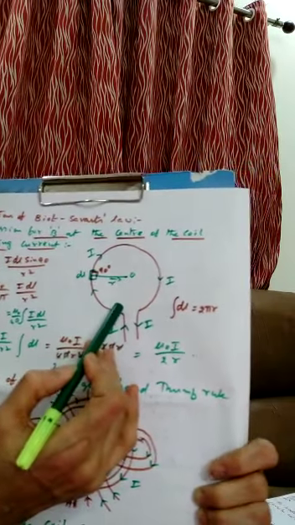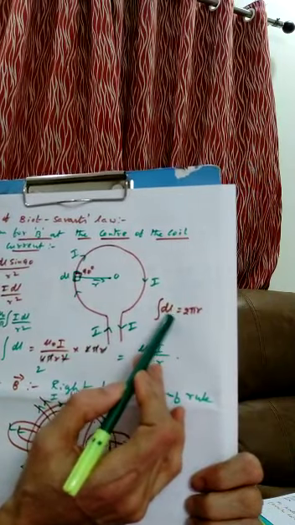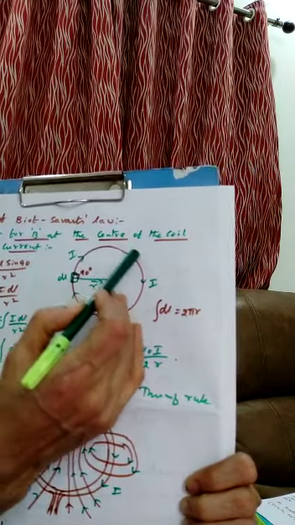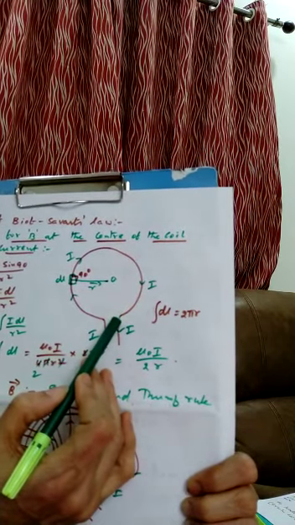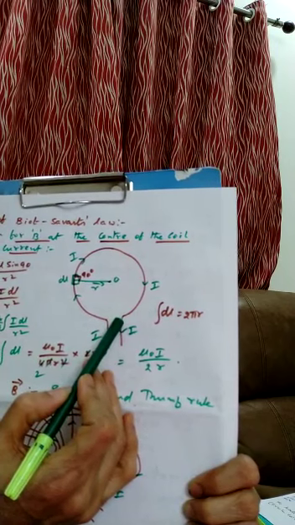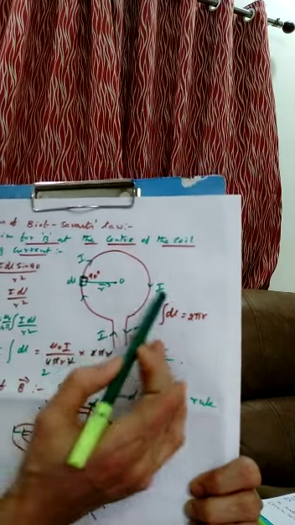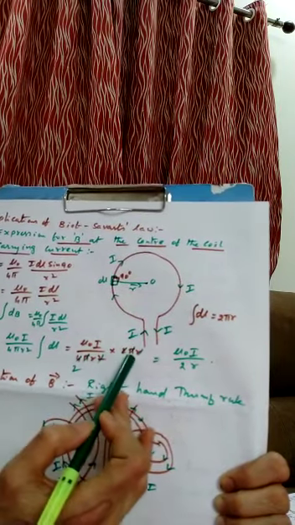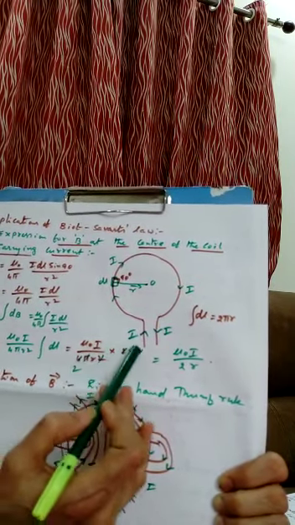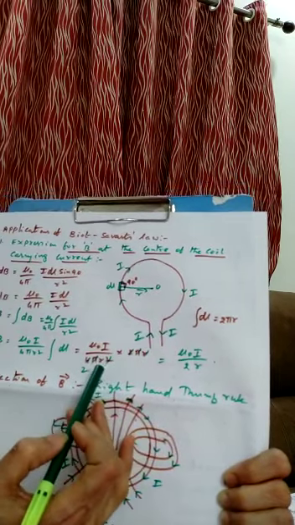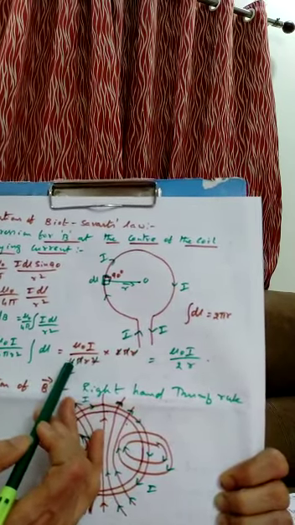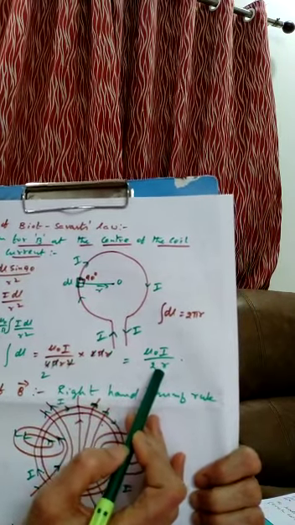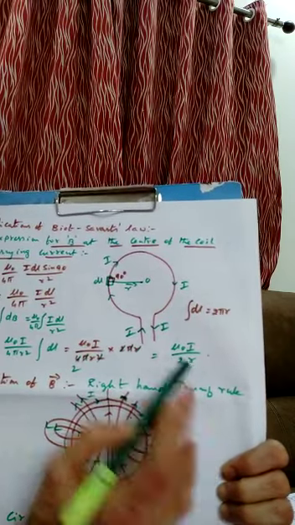What is integral dl? Integral dl means dl1 plus dl2 plus dl3 and so on. What is it? The circumference of the loop. The circumference of a loop having radius r is given by 2 pi r. So in place of integral dl, I will write 2 pi r. Here 4 pi and pi get cancelled, and one r gets cancelled, and 4 and 2. So what is the answer you got? Mu naught I by 2r, if the coil consists of only one turn.